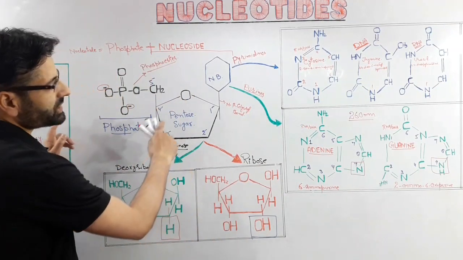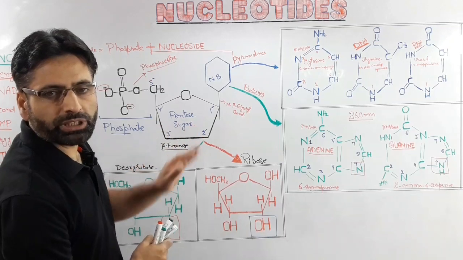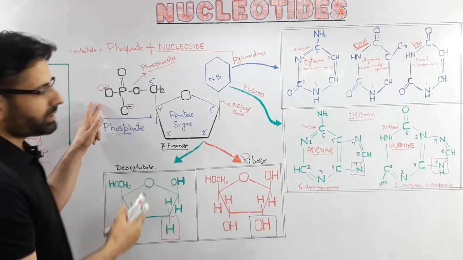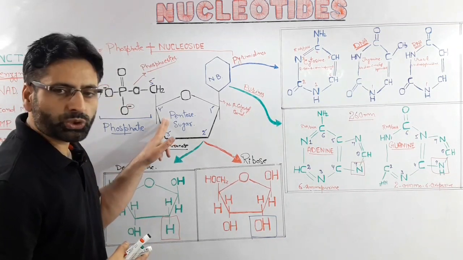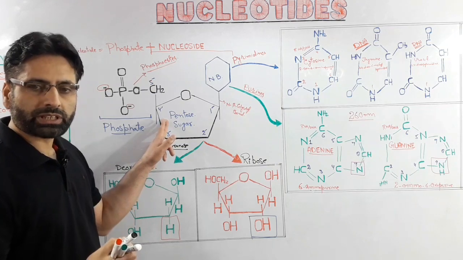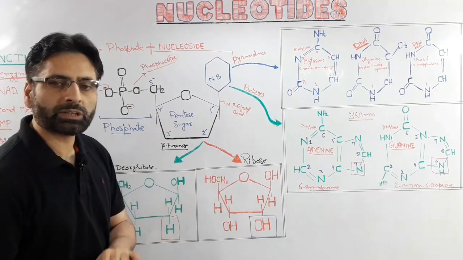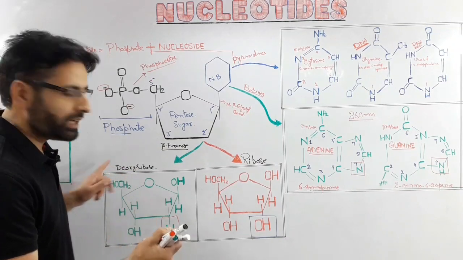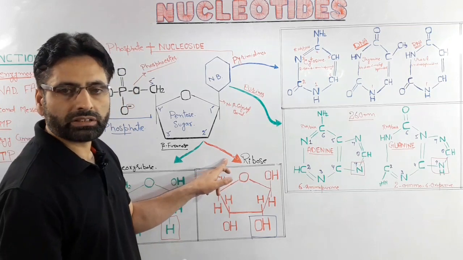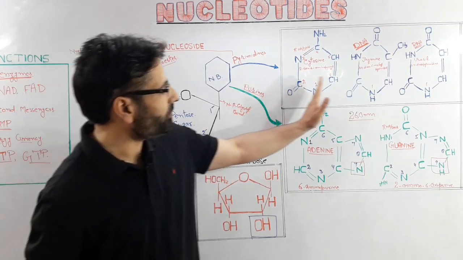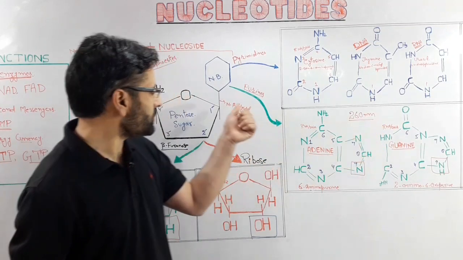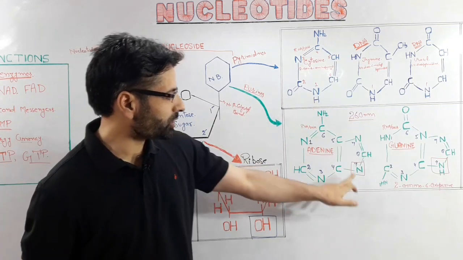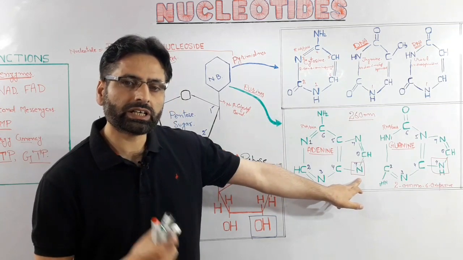So these are the structural components of the nucleotides. We have the phosphate group which is common. Then we have the pentose sugar, and this pentose sugar is of two types. Either it can be deoxyribose or it can be ribose. If it is deoxyribose, then it is the DNA molecule. And if it is ribose, then it is the RNA nucleic acid molecule. Then we have these different nitrogen bases which are attached at the first prime carbon, either through the first nitrogen or through the nitrogen placed at the 9th position.